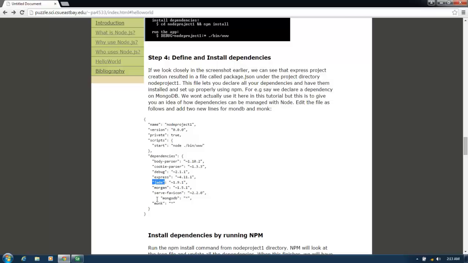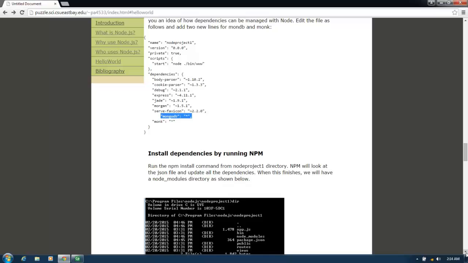So say I wanted MongoDB or Monk, which is another framework. So MongoDB, all I do is say I need MongoDB for this, it's my dependency, and you write those 2 lines in there, and you can just install, and it'll bring in all the libraries of MongoDB. You do not have to do a separate installation of MongoDB, figure that one out. Typically that's what you usually have to do,